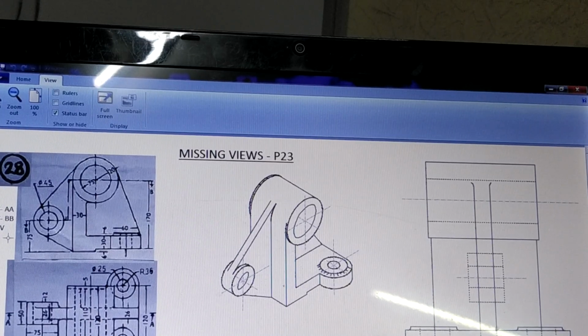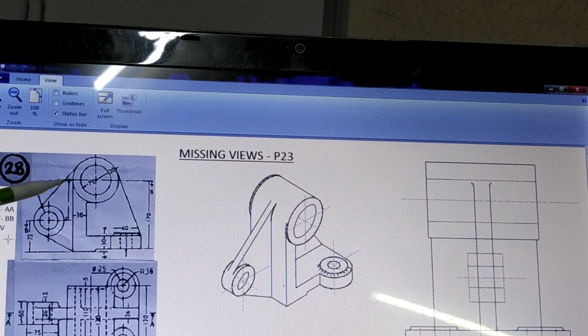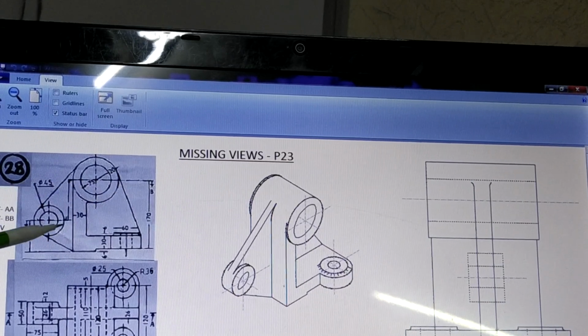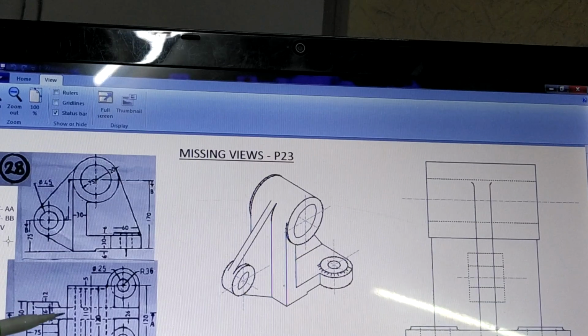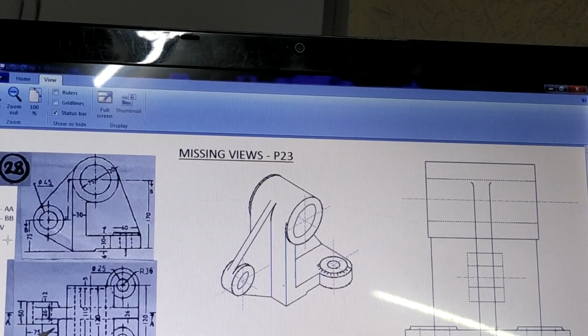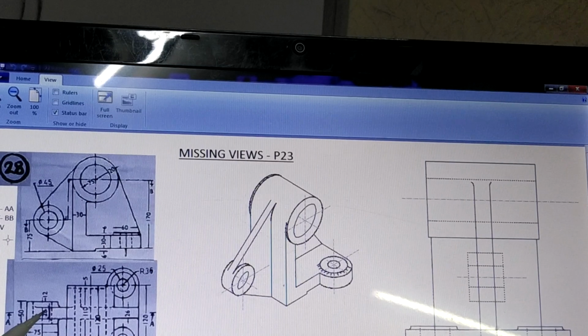Then there is the sectional top view, which is section BB. So for that you have to cut the part like this. This is called a zigzag section, cut from here and also cut from here. As a result, both these pipes you can cut and get their views over here. So when you draw them, first this pipe will be shown in section over here and over here. Now this rib which is shown right now up to here will not be seen because it is cut, and the section lines will be at this place and then over here also.